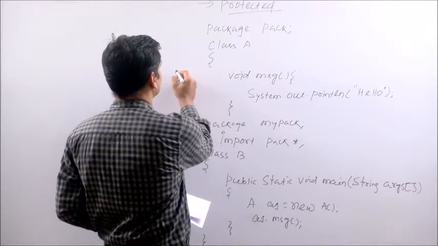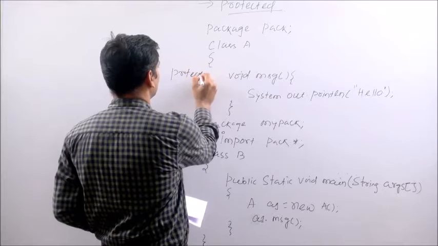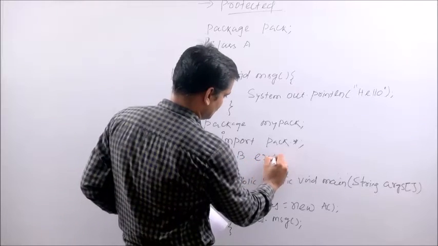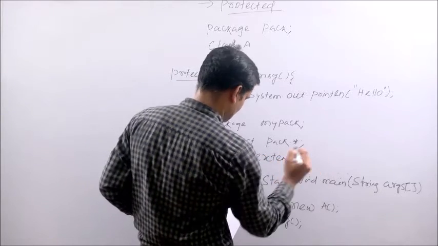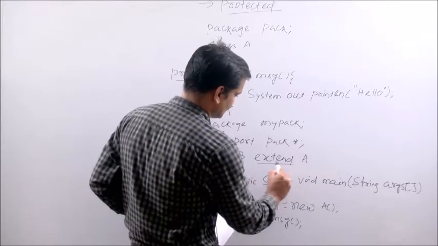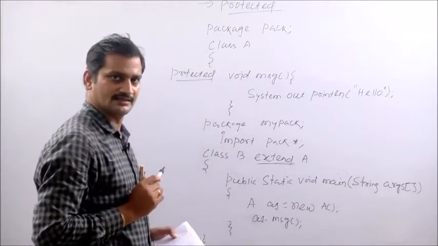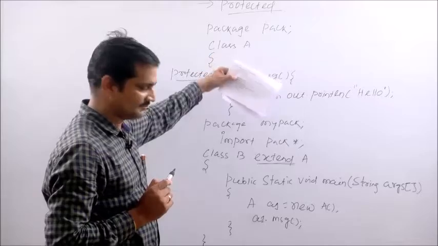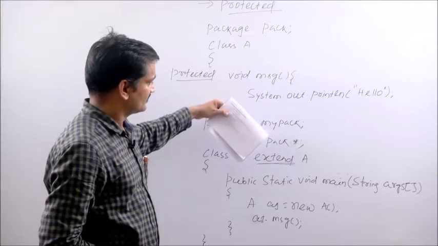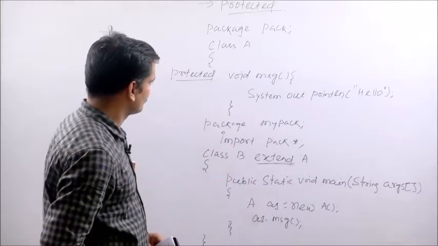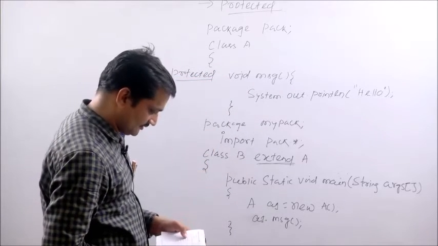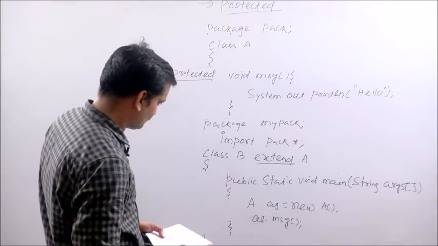We forgot to define the specifier here: protected. With the protected access specifier we are going to see, class B is inherited from class A. You see the keyword extends. The keyword extends is used when we perform inheritance. Class B is inherited from A. That means B is the subclass, A is the superclass, and the members are inherited from A to B. Now, let us see whether the protected member MSG is inherited to class B or not.